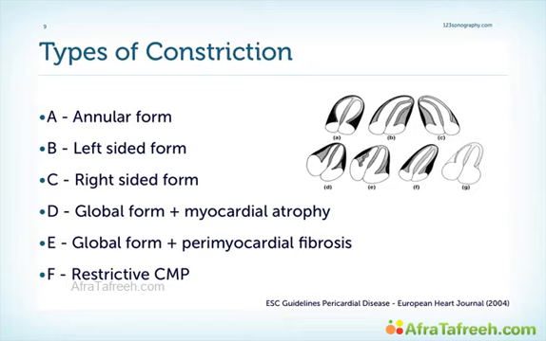There have been attempts to classify pericardial constriction based on where the thickening and calcification of the pericardium is. However, in reality and with echocardiography, this is very difficult to do. Usually we're happy if we can just make the diagnosis. But for surgeons, this certainly is an important point because if they want to treat constriction, they have to know where the thickening and where the calcification is. But they do that usually based on inspection. But for us, it's important to know that constriction can involve both ventricles or only one ventricle. It can also involve the pericardium around the atria, and it can also lead to atrophy of the myocardium.